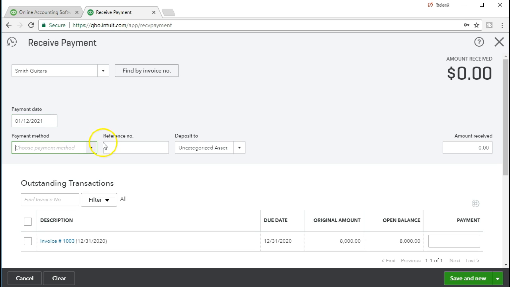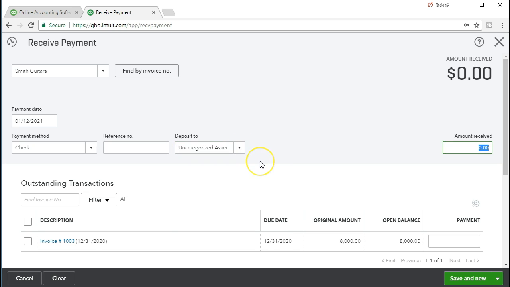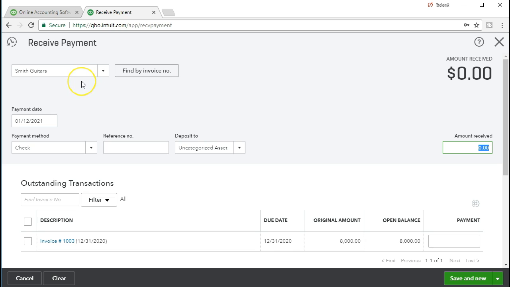We are going to have the payment method, which this time will select a check. It's going to go into the uncategorized fund again, rather than going directly into the checking account. We have the amount, but once again, we're going to select the invoice down here. We have an invoice outstanding for this particular client,